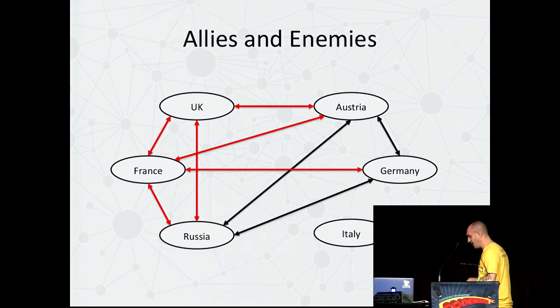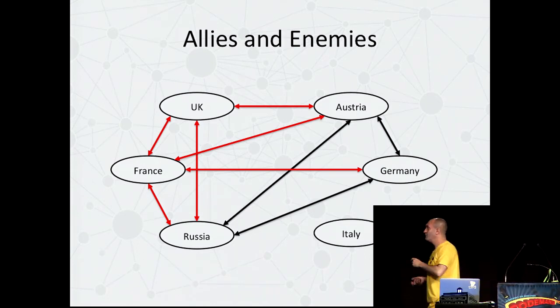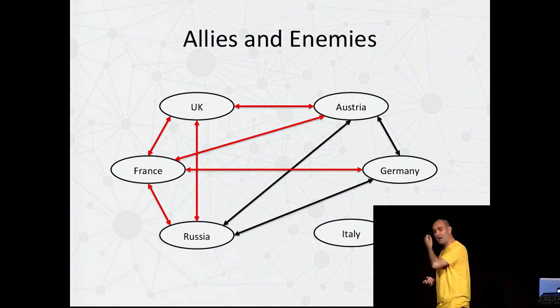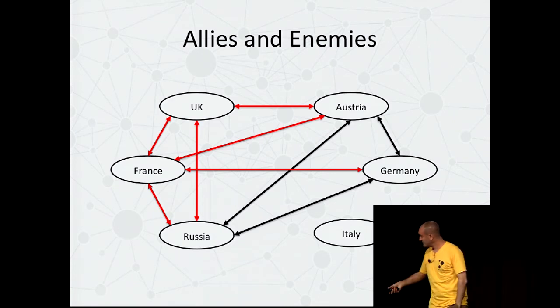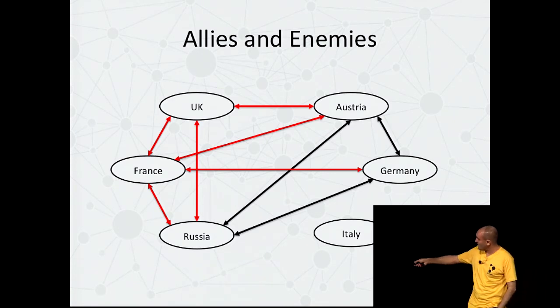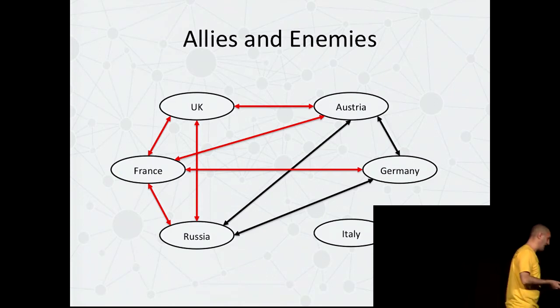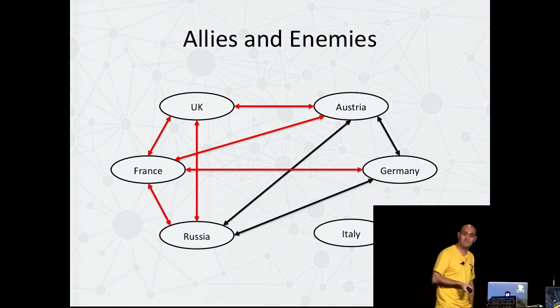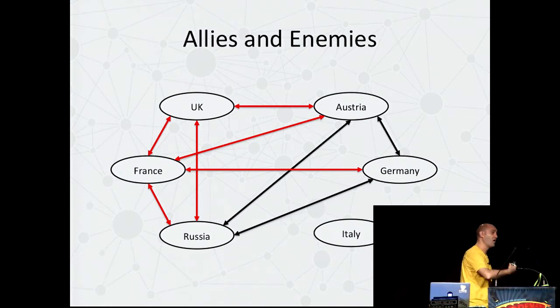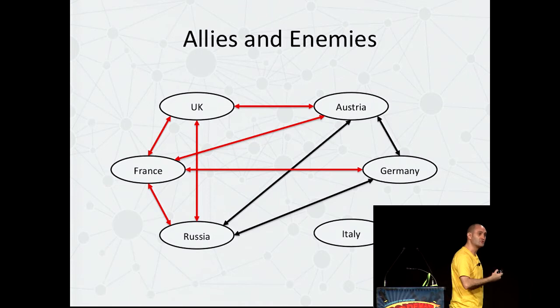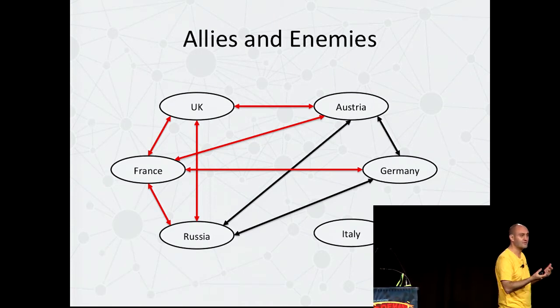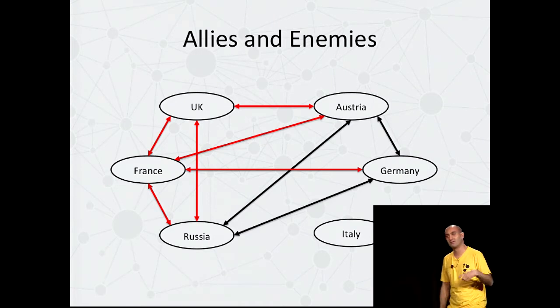So in this graph, we're starting with a model where black arrows represent friendships, and red arrows represent enemyships between the great houses of Europe. You can see here that this actually represents, you see, Austria, Germany, and Russia are buddies, and pretty much everyone else is at each other's throats, except for Italy, who's out on their own. And historians know this as a period called the Three Emperors League. So what would happen if we would go over this graph and start to make triangles, kind of close off gaps in the graph, see if we can make structurally balanced triangles in it?